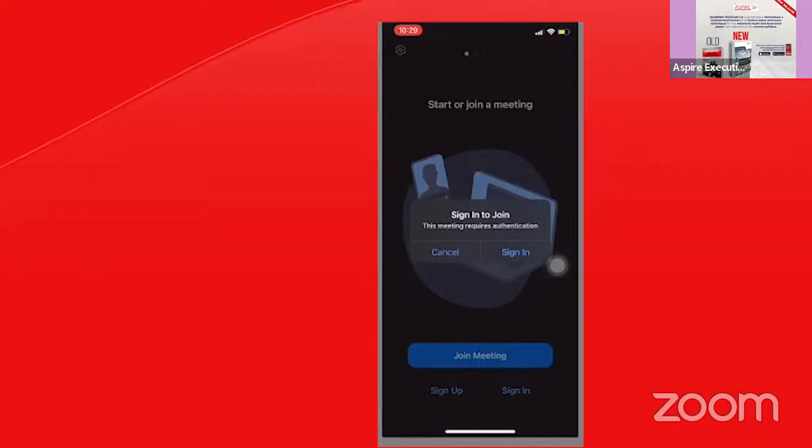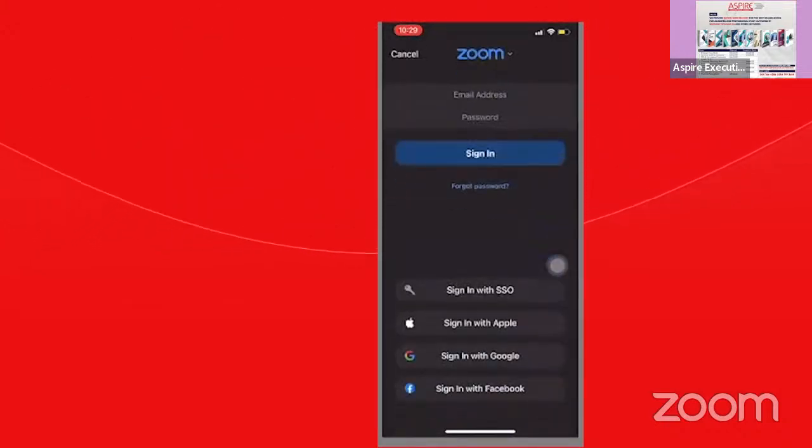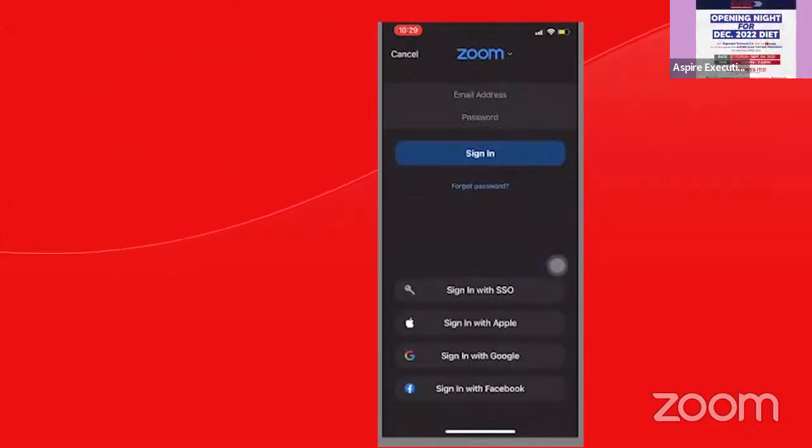So it tells me to sign in before I join. So just as we went through for those of us joining with PC, I click sign in. And if I have a Gmail account, I just click sign in with Google,